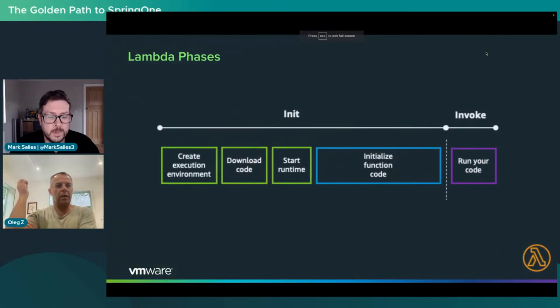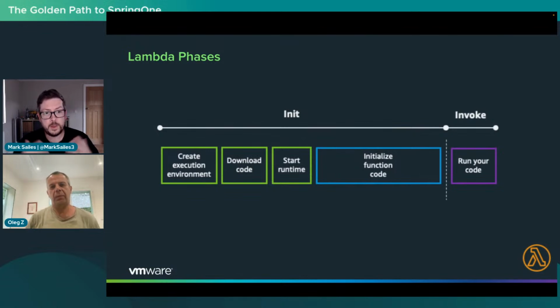Okay, Mark. One of the really interesting things about Lambda is that the Lambda execution model is quite different to a server. When a request comes in, there is no server available to then service that request. So what happens is that we make what we call an execution environment, which is a virtual machine, basically just in time. Similar to just-in-time compilation,